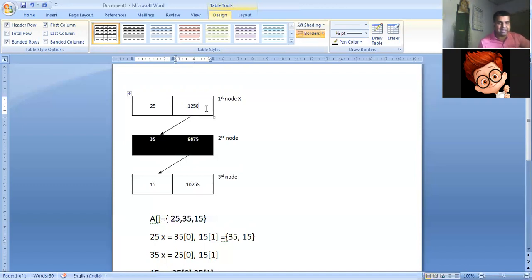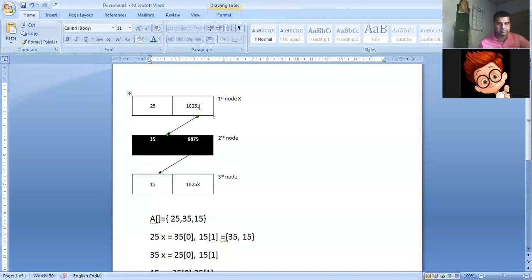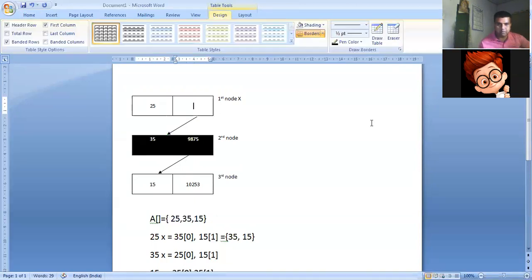So this address changes into 1210253. That means the third node. That means this becomes the head node, this becomes the second node. So basically what happened, my apology, it will become 9875, because 9875 was indicating that the value was stored in the next node.